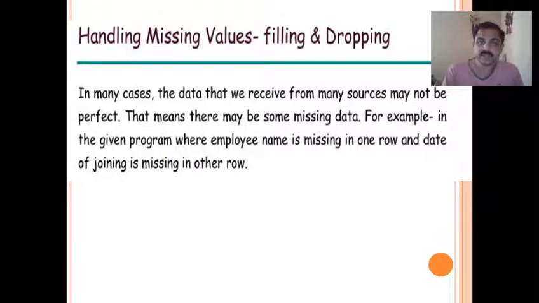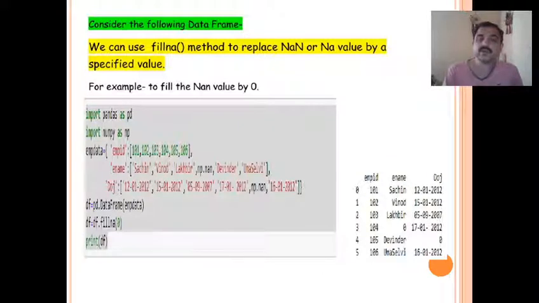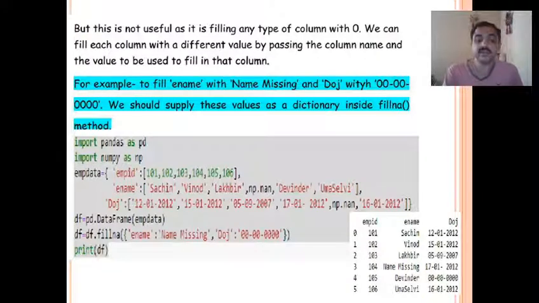Then we saw how to handle the missing values using the fillna and dropna functions. While pivoting, if no matching data is available for a particular cell, NaN will be displayed. NaN is nothing but not a number, the default marker for missing values. If you want to fill those NaN values with some data, you will use the function called fillna and fill the data.